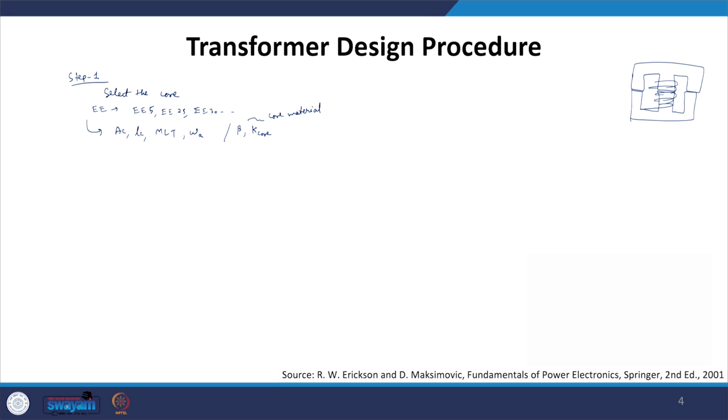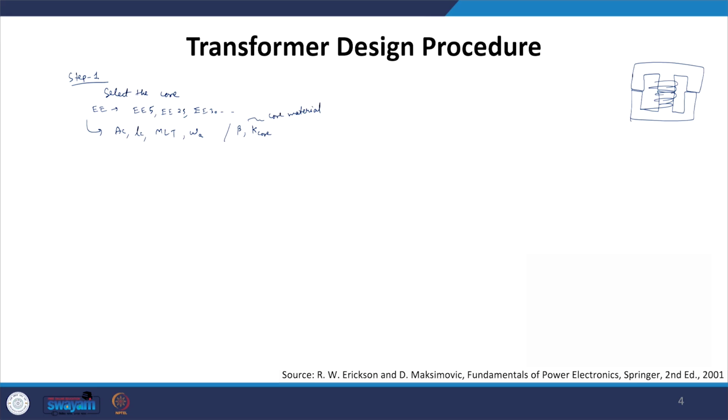You have selected one core. Depending upon the design procedure, you will be able to decide whether that particular core is the smallest core or not, or whether we can go further below. See, our idea is what? Our idea is to obtain the best possible transformer design. That means we want to obtain the smallest transformer design, because for that purpose only we are going for high frequency isolation in the isolated DC-DC converter, and at the same time we want to ensure that the losses in the transformer will be as minimal as possible. So both the things have to be obtained.